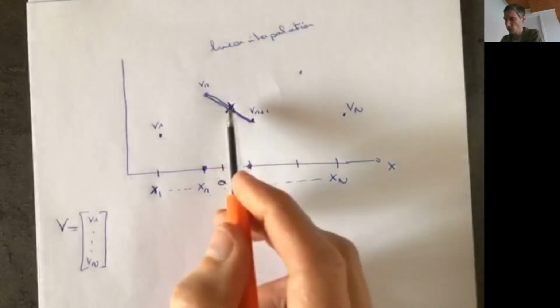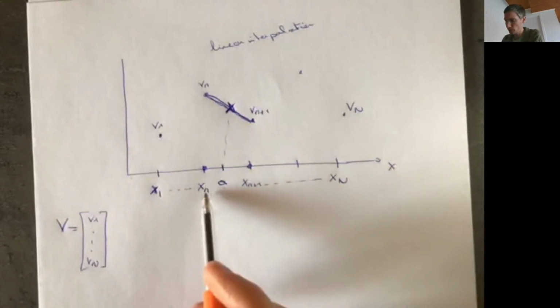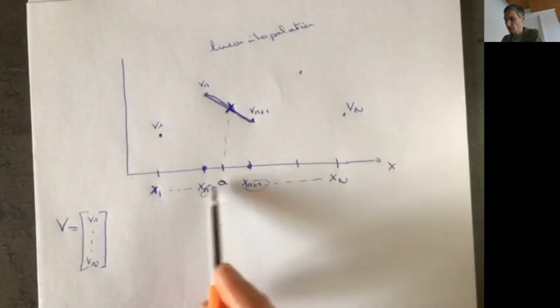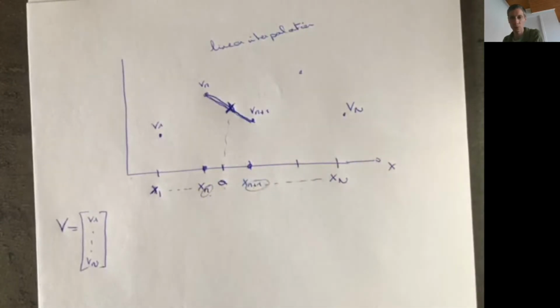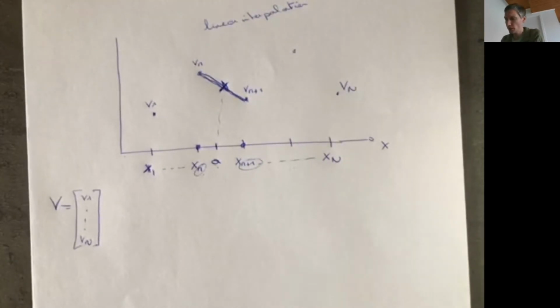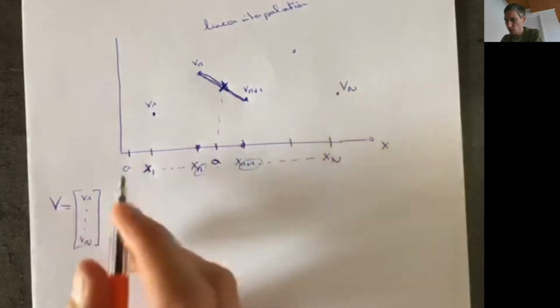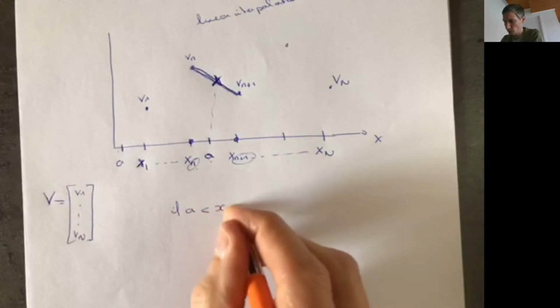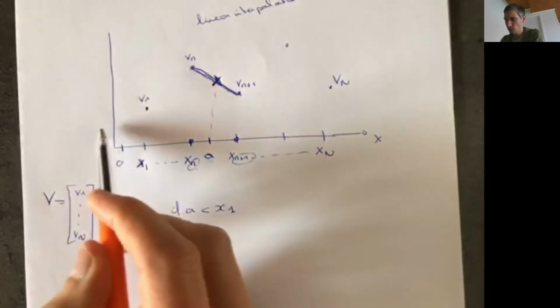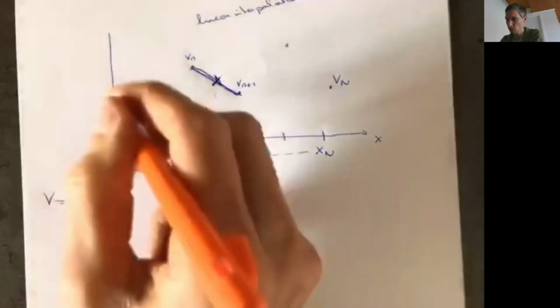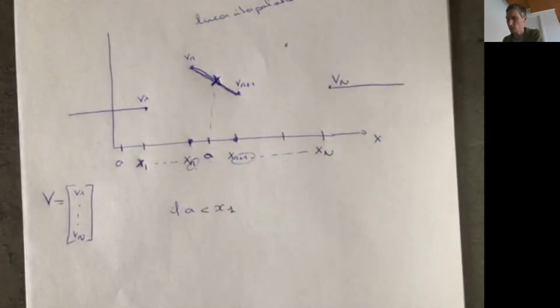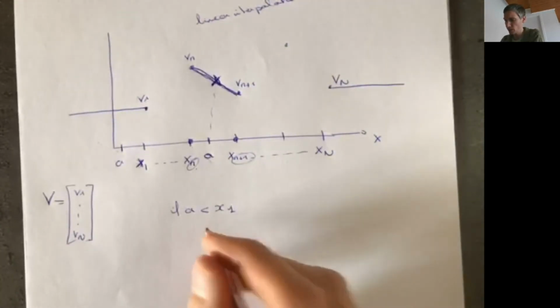Okay, in order to compute this value, first we need to find the index n, and we need to find x_{n+1}. So we need to know the values of x for which a lies between xn and x_{n+1}. The first case that may happen is that a is below x1. If a is below x1, well, there's nothing to interpolate here anymore. So maybe we can take the constant function outside the domain. So if a is below x1, then we just